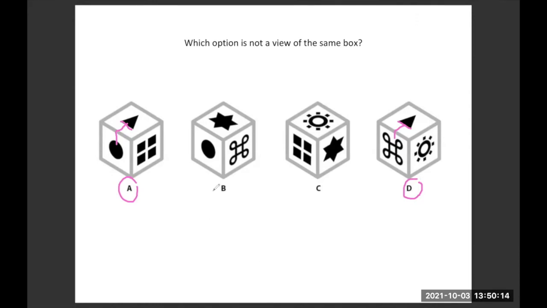Okay, so you are saying let's assume that B and C are correct. Definitely B and C are correct. So now I will try to match where the triangle should come. For example, if I start with option D, what I can see are two symbols, this swastik thing and that sun symbol. Is there any place where they are coming together?